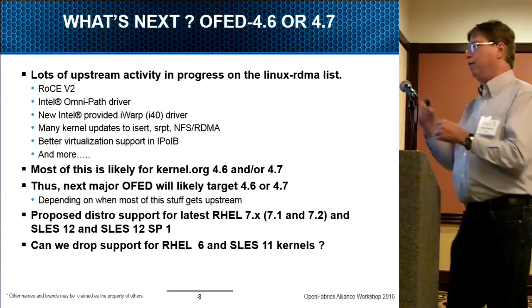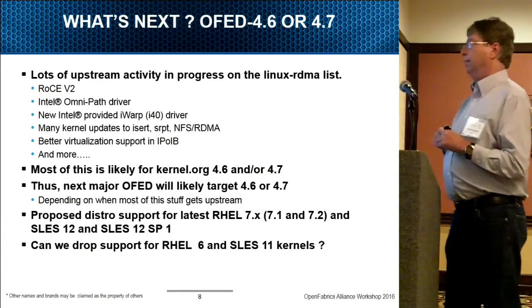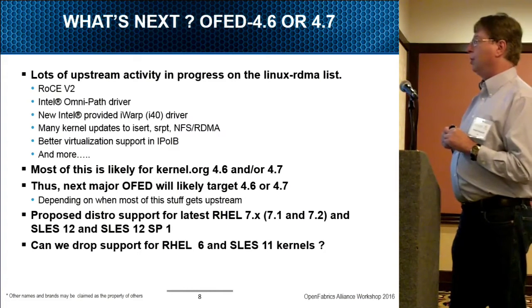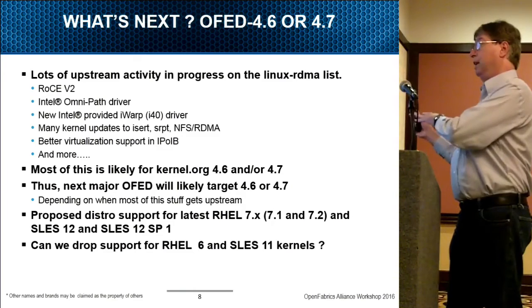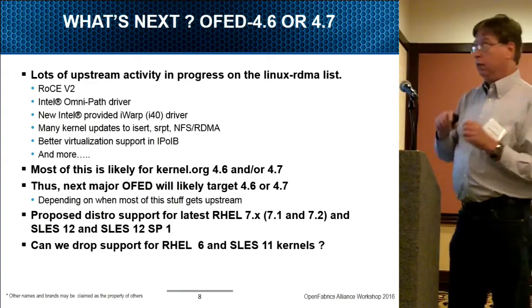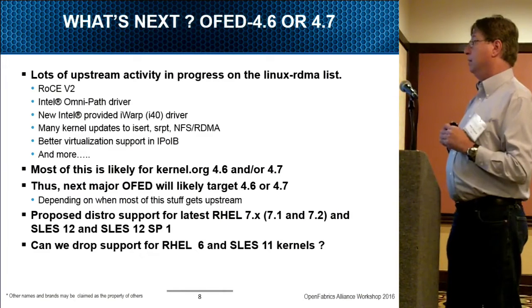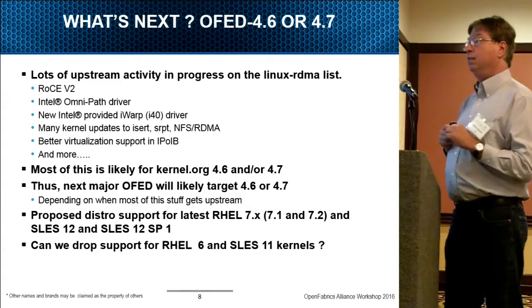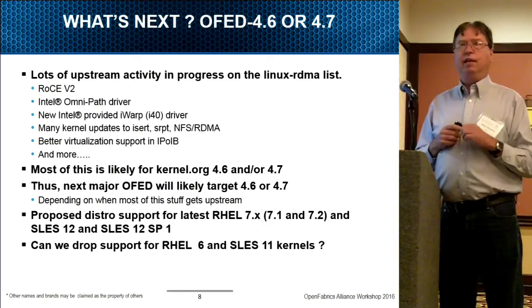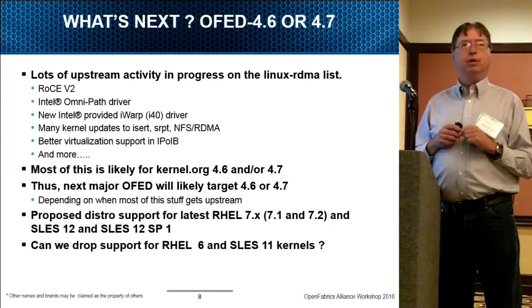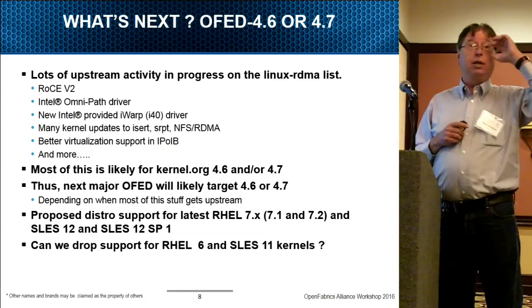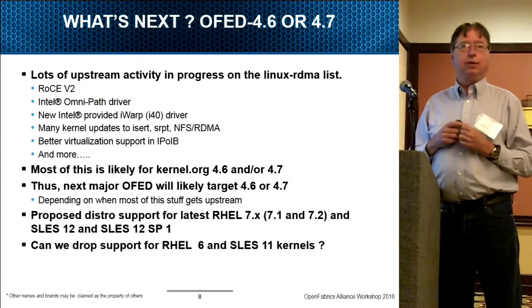But as you move further in time and go to the newer kernels, sometimes backporting from those very latest kernels to the very older kernels that are in the older distros becomes more difficult and may not even be possible. But does anybody have any input on that? Is Red Hat 6 and SLUS 11 still widely deployed enough that we should probably consider doing that?